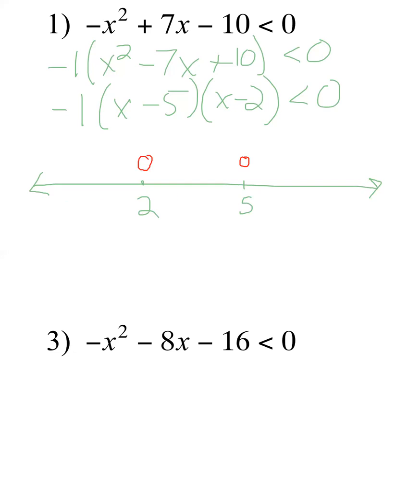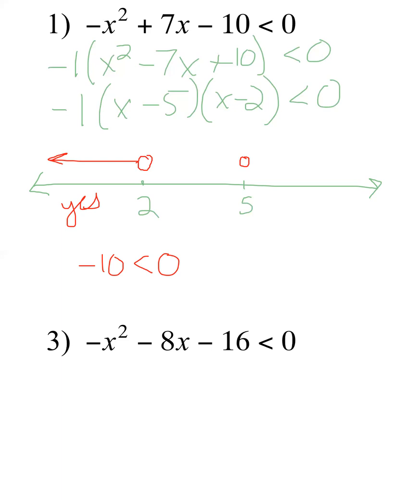So I'm going to pick a number less than 2. So I might as well pick 0, right? And I'm also going to recommend that when you plug in a number, you go back to the original and plug it in. Okay, so if I plug in 0 into the original, I'm going to get 0 plus 0 minus 10 is less than 0. Is that true? Is negative 10 less than 0? Yes, it is. So I'm going to write a little yes, which means that I'm going to include all of that in my solution set,